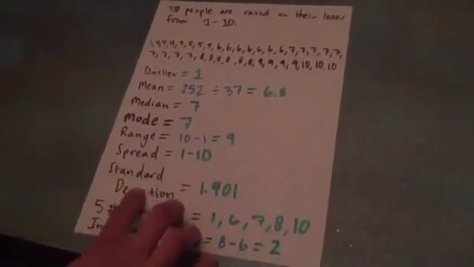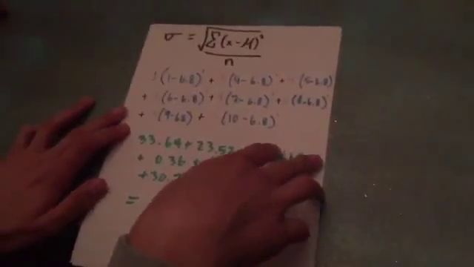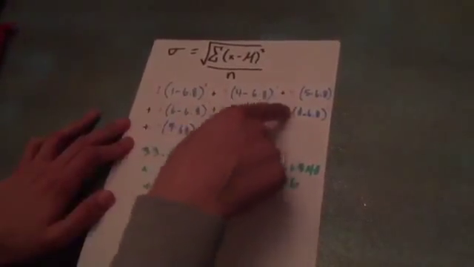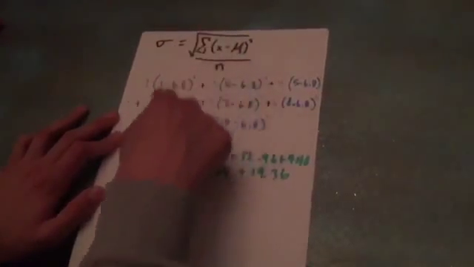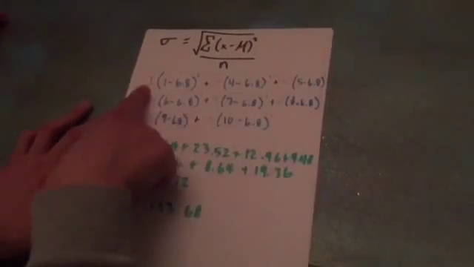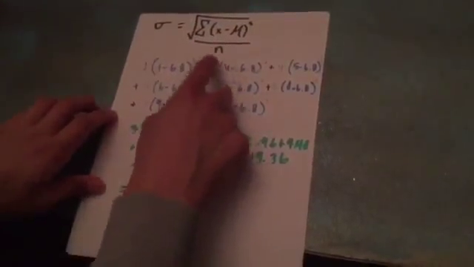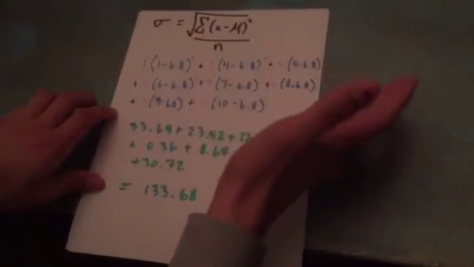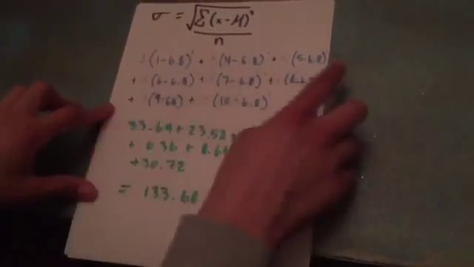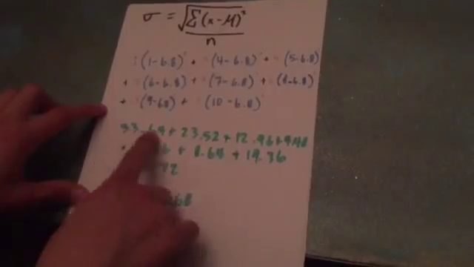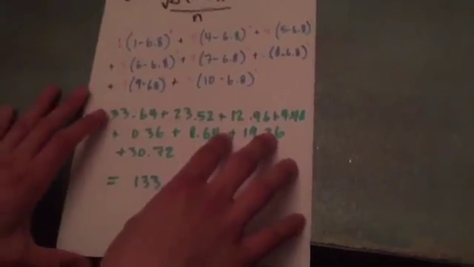Then standard deviation is next, and I'll explain that. Okay, so this is the formula for standard deviation. Basically, we've got to plug in all the numbers. So there's 1, 4, 5, 6, 7, 8, 9, and 10. We have to plug them into this equation, and the quantity of each number, you put that in front, and then you just do the math. So once we plugged all that in, we got this, and once we added it all together and did all the math, it came out to